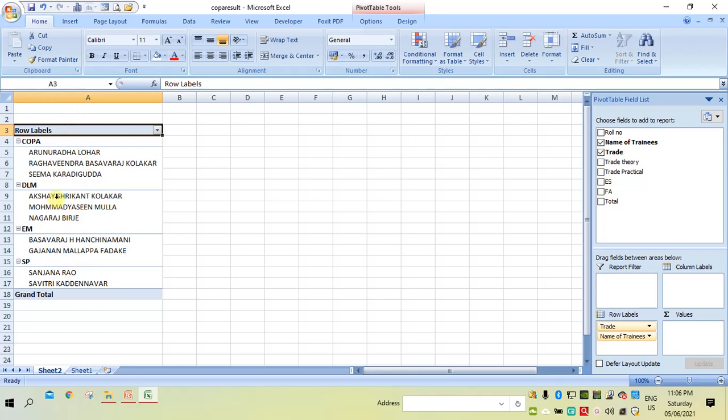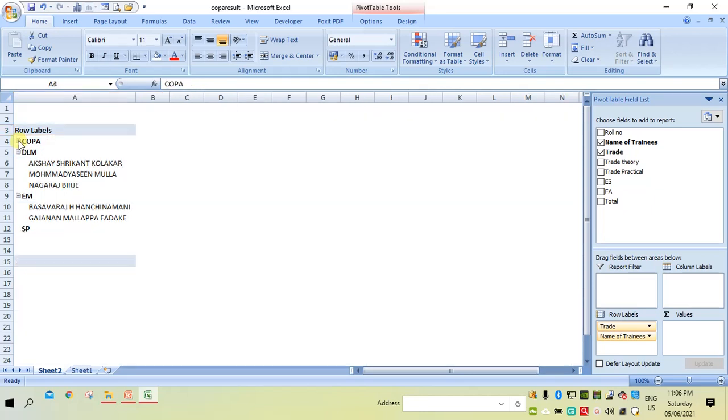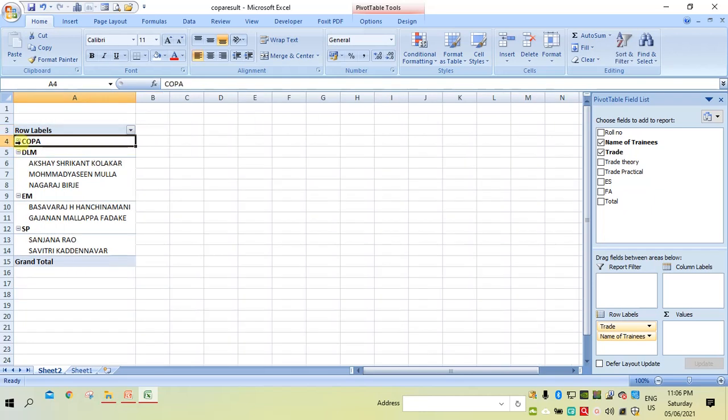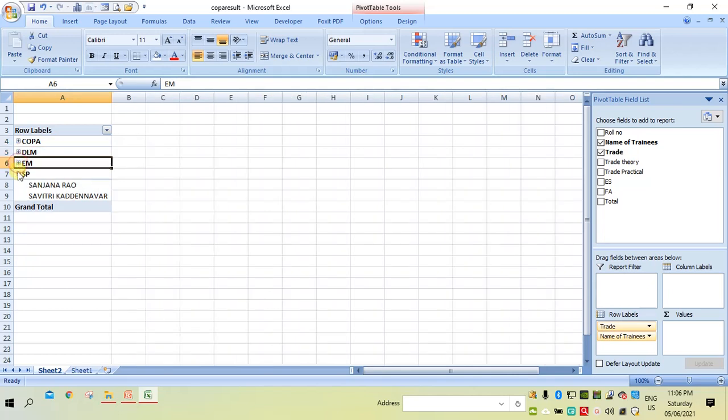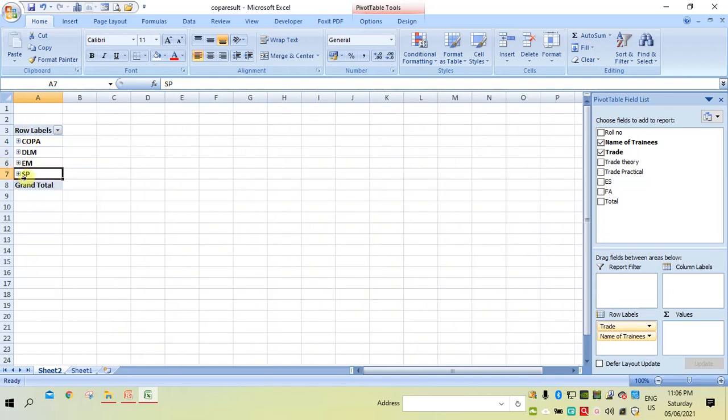You can even control the information by clicking on this button. So now it is closed: DLM, EM, SP. Suppose you want to see a particular trade's information, for example DLM, you can click on this plus button.